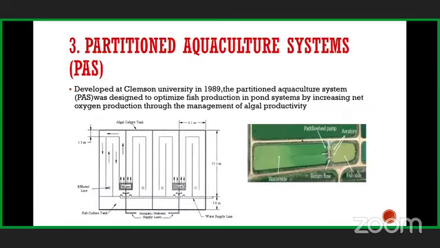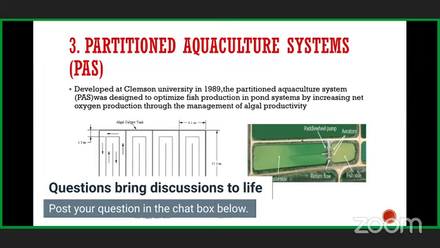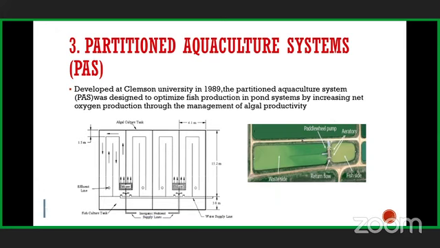culture. The third system I have brought here is the partition aquaculture system. Basically, it is a system where you culture your pond fish with algae culture, because algae are a good source of photosynthesis, and they enhance the oxygen. In some corners you put your algae culture, and overall you enhance the dissolved oxygen content. Dissolved oxygen content is very important in aquaculture, as you can expect higher overall production if dissolved oxygen is